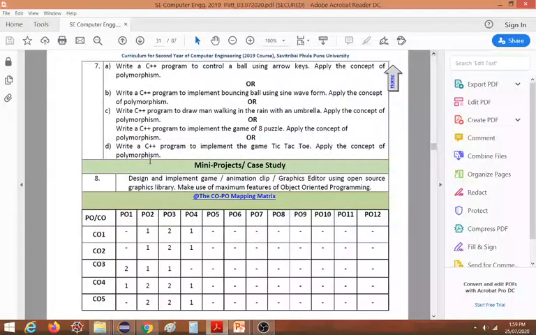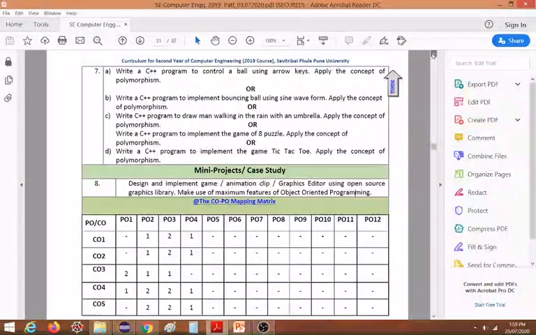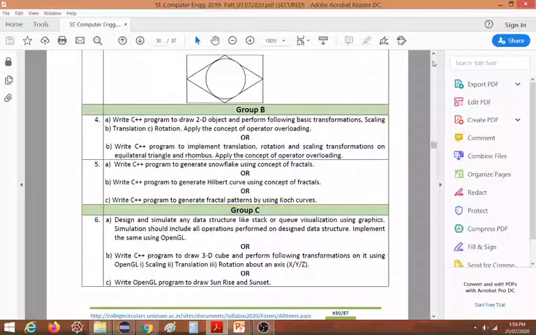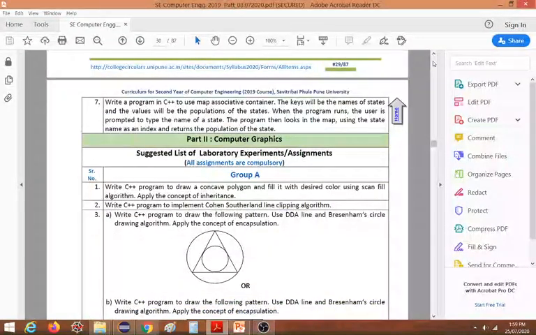The eighth one is a mini project, which is to design and implement a game, animation clip, or graphics editor using an open source graphics library. In addition, it is mentioned to make use of the maximum features of object-oriented programming. So this mini project will be a combination of your computer graphics and object-oriented programming. This is what is expected in a single lab, called the OpenCG lab.